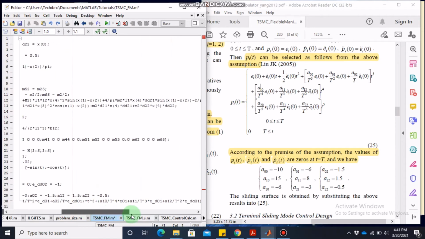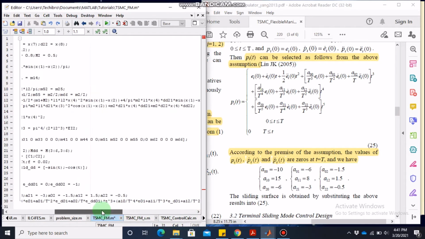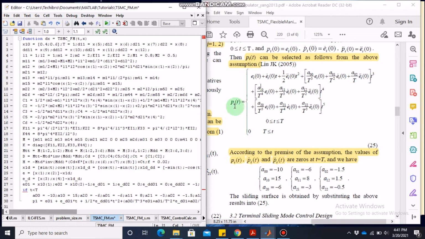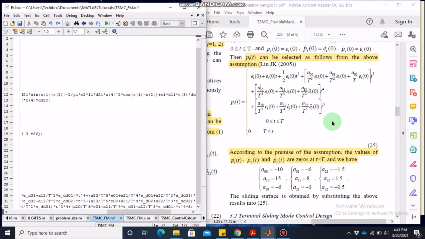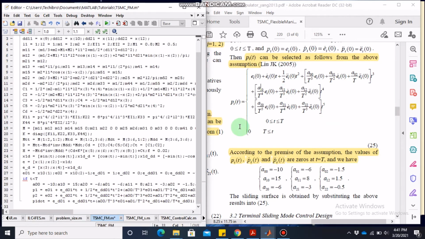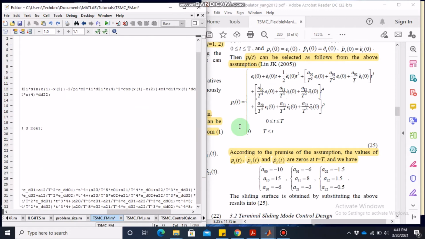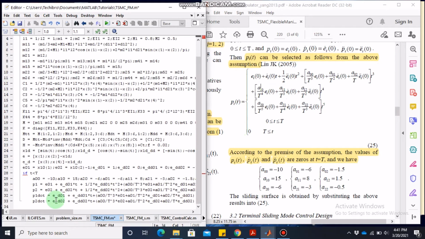So this is the same equation that is written here, and then this is p2 with e02 instead of e01. In p1, e01 is used, in p2, e02 is used, and so on. And then similarly we can write p1 dot and p2 dot, because in p1 dot you can see here this